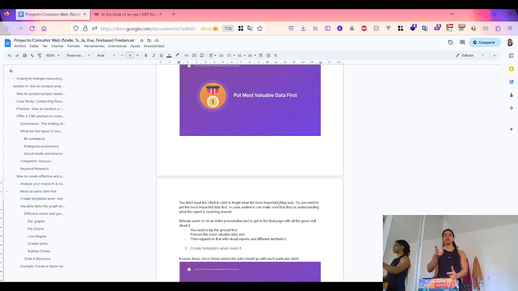Then put the most valuable data first, laying the ground first. Put the most impactful data first, and then expand on that with visual reports and different aesthetics. So you want to create templates for your clients, especially for recurring clients, and